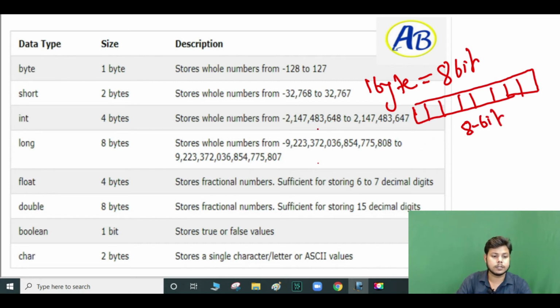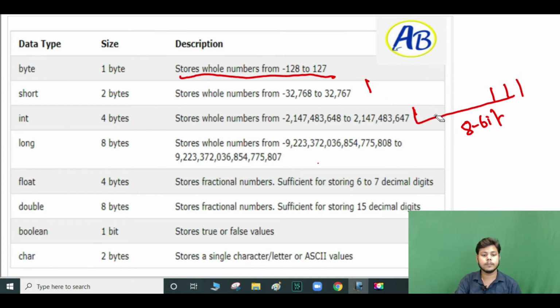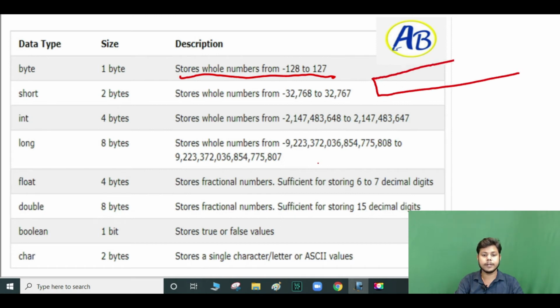When we are talking about short, how many bits? 2 bytes. Byte has 1 byte size. It stores whole numbers from -128 to 127. Why does it store numbers up to 127 only? As I told you, it will take only 8 bits.